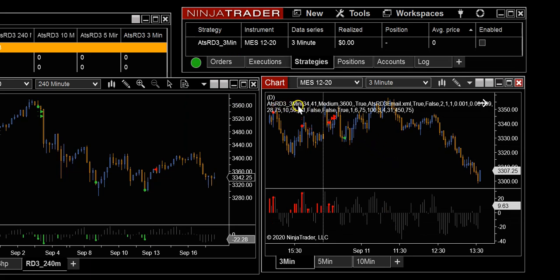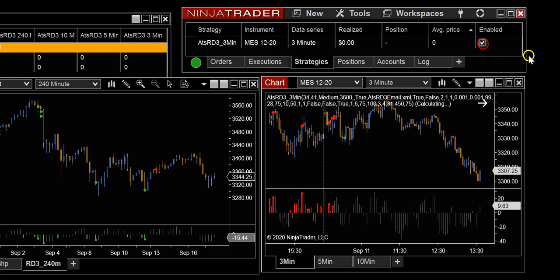Now you can see that the text on the top of the chart is letting you know that that's the strategy name that's inserted onto the chart. And you can see in the strategies tab of the control panel that the strategy is listed there and it's running on this 3-minute chart. And this checkbox allows you to enable it or disable it. So if I go ahead and enable it,